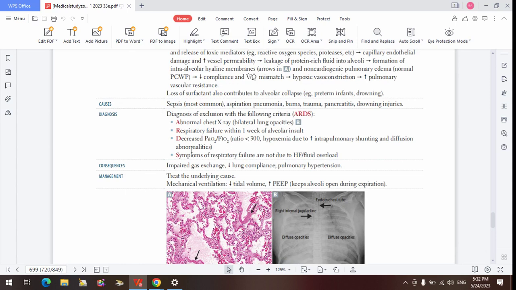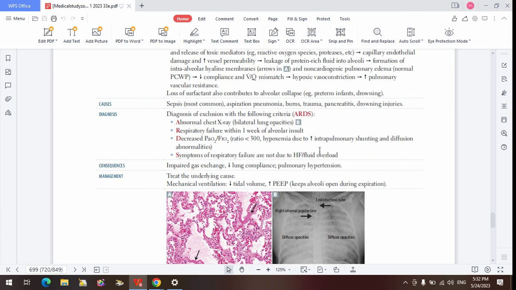You're welcome. Okay. So, decreased PaO2, that's the arterial oxygen, over the fraction of oxygen in the inspired air. We are just deciding to pick FiO2. That's what they pick. We can pick PiO2, anyone. They are representative of each other. So that ratio is expected to be more than 300, but in someone that has ARDS, it is going to be less than 300. I think the reason why we are picking FiO2 may be because FiO2 is always constant, like 21. So you expect the ratio to be more than 300, but because of the reduction in the PO2 in ARDS, the ratio is going to be less than 300.